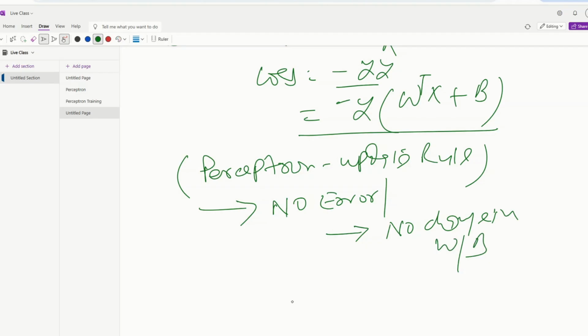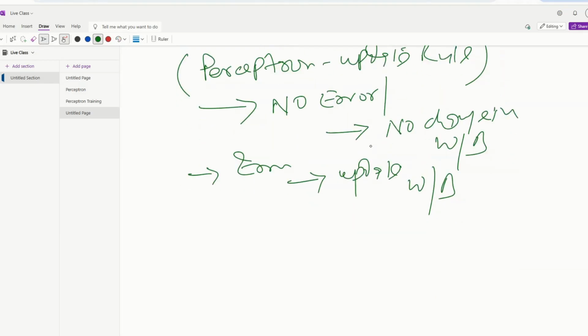If there is an error, then we update our weight and bias. So the same concept which we had discussed in the previous lecture using the update rule